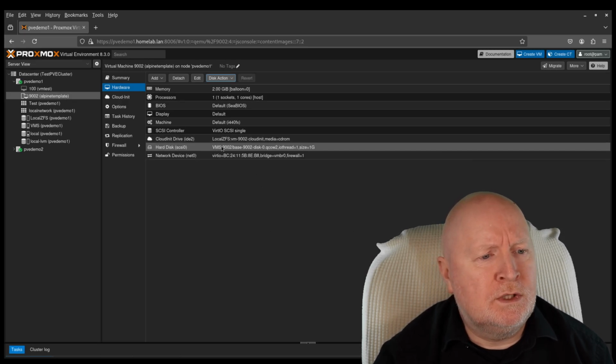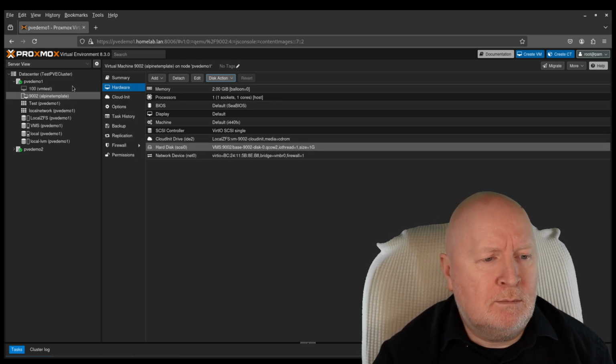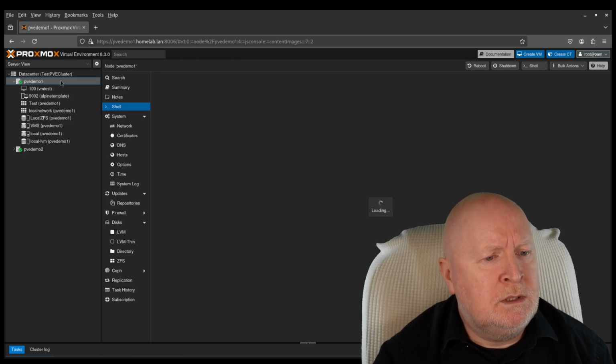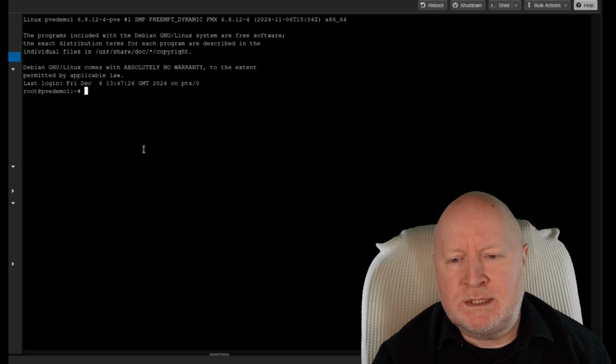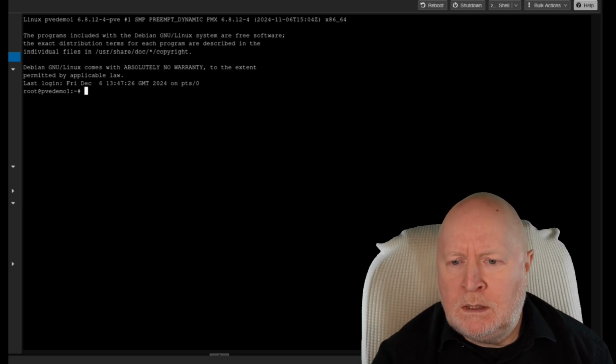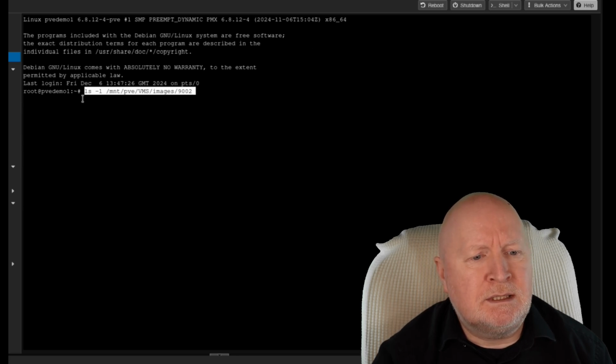Now our file's moved. So what we want now is a copy of that file. So you could SSH into the server. I'm just going to open up a shell session. So I'll select the server, go to shell, because I've still got copying and pasting here. I want to just double check the actual file. So we'll do ls -l, then the name of the storage. So for me, it's